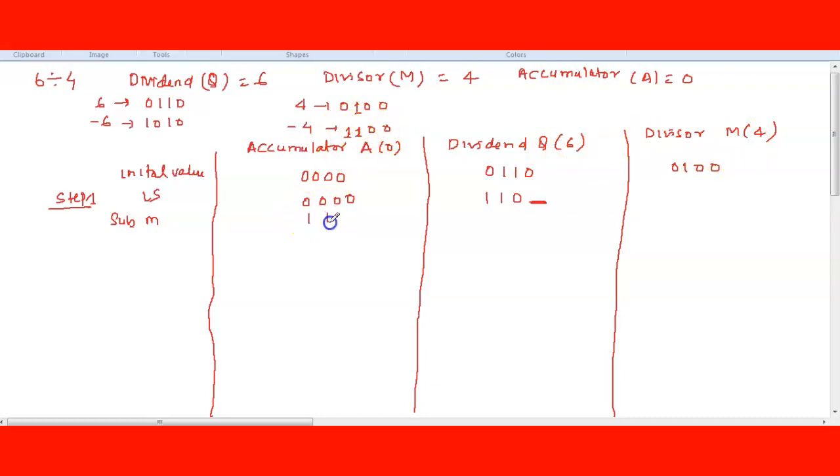So here the value is 1 1 0 0. So add it. So we'll get 1 1 0 0, and this will be 1 1 0. And now you can see this value is negative. Why negative? Because MSB is 1. MSB is 1 indicates this number is negative. I have discussed MSB for positive numbers, negative numbers, and signed and unsigned numbers in the previous video, so you can go through it and then come back. So this MSB being 1 indicates that this number is negative. So negative means this is unsuccessful.